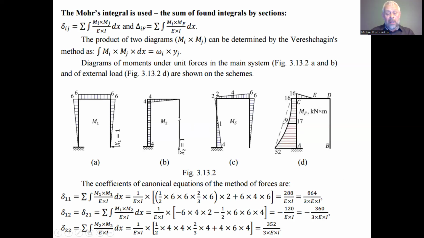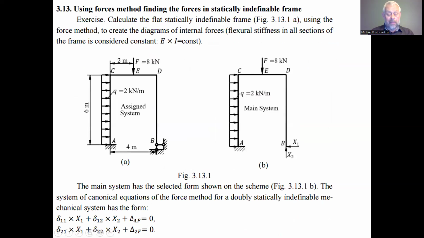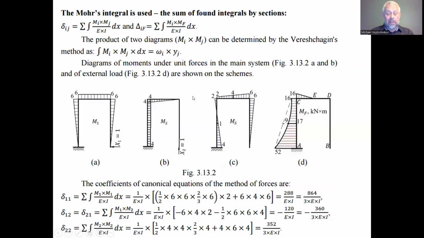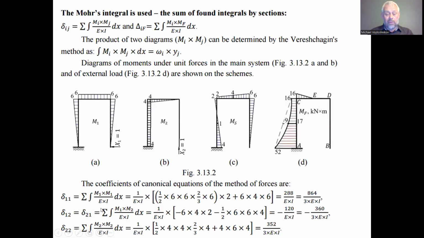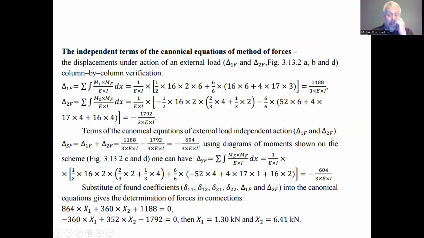In each case we use the diagram of the bending moment under the action of unit force in direction 1 for finding the free summand delta 1F, and we use the diagram of the action of unit force in direction 2 for finding the free summand delta 2F. For both summands, we have to use the diagram of the bending moment under the action of the external load. To do that, we consider first